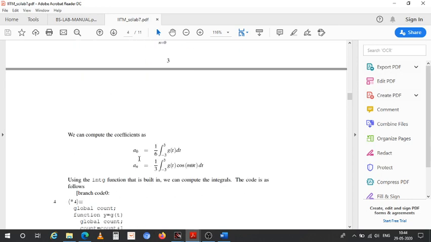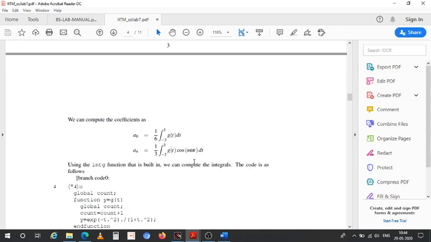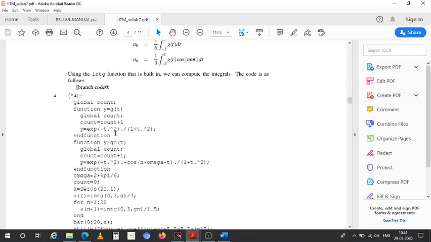To find a naught, we are using this formula, and for an using this formula, and this is a program. Here it is having three parts. This is a declaration of global variable, and the global variable must also be locally defined. There's a function g of t and then gn of t.